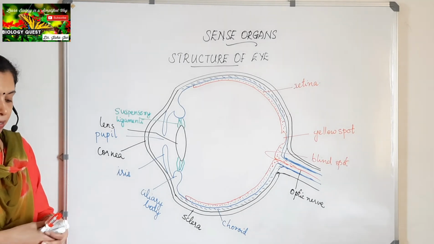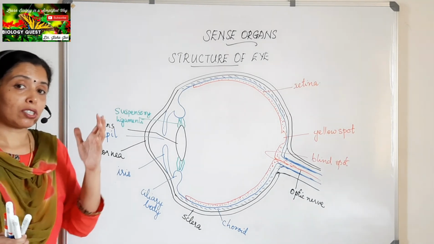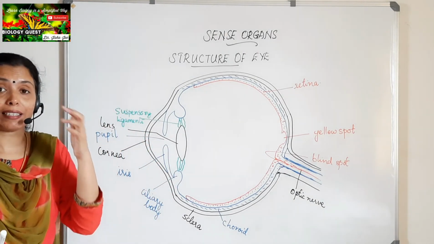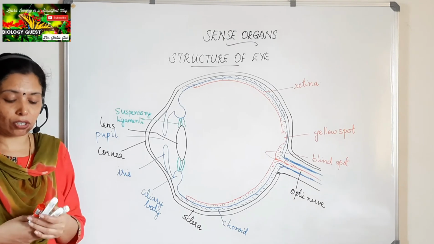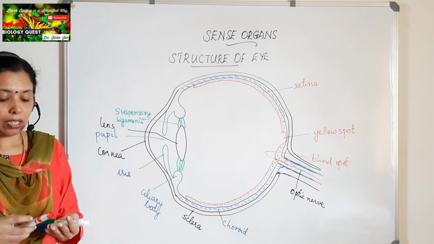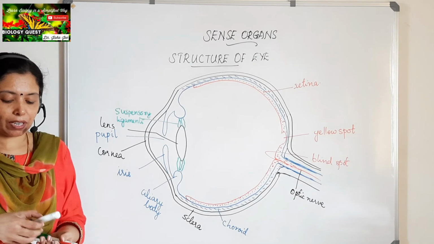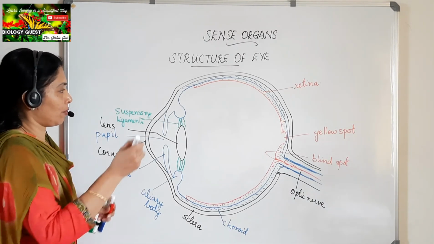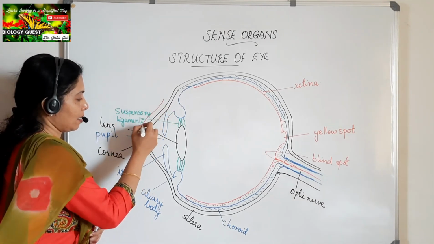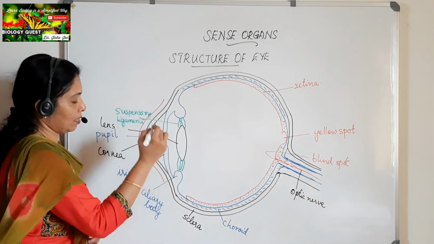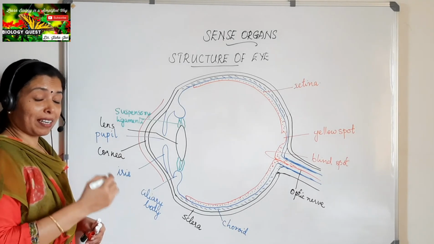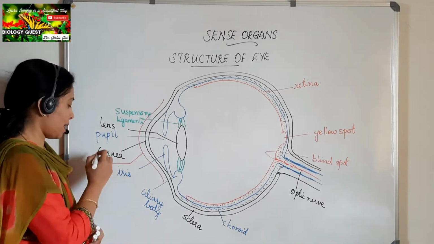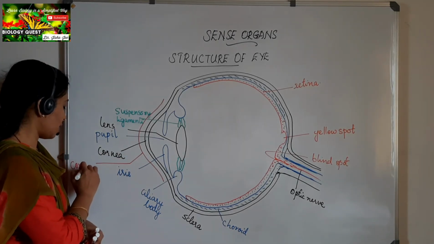Okay. Then there is, in addition to all those structures that I told in the beginning of the session about the eyelids, the eyelashes, eyebrows, etc., another structure, another thin membrane covering the front part of the eye. Okay, that is what I am going to draw now. That is a very thin membrane which is present in the front part of the eye. It is transparent and it is called as the conjunctiva.